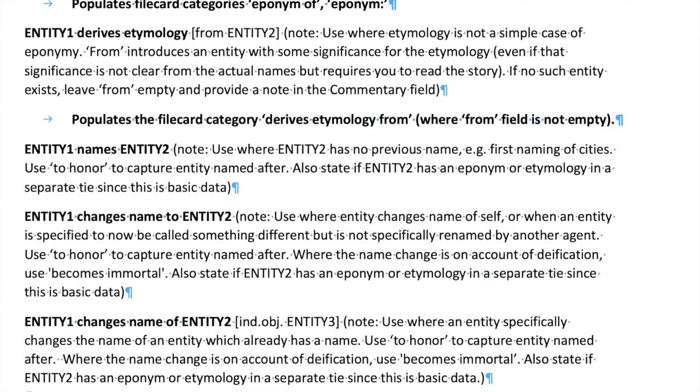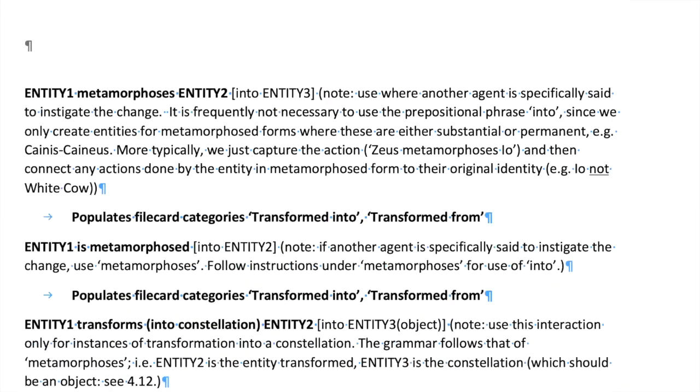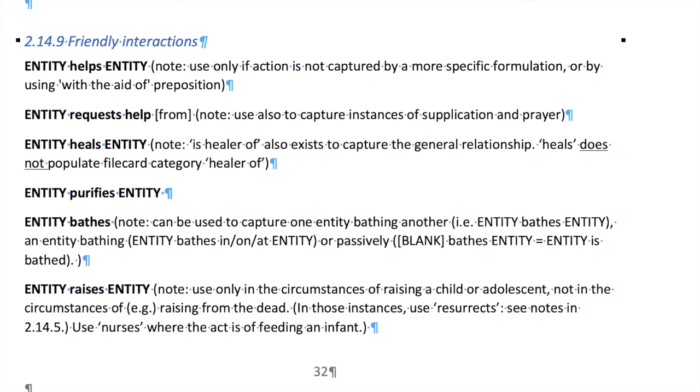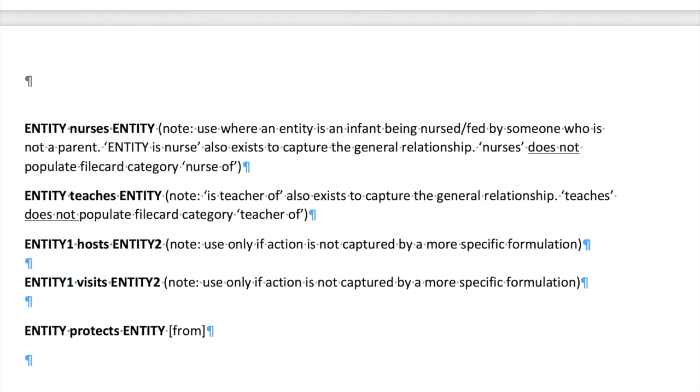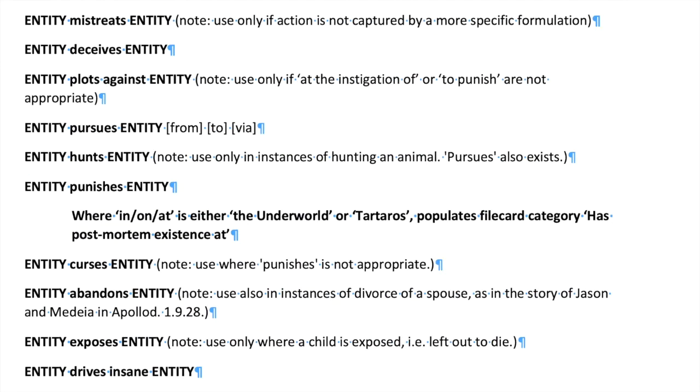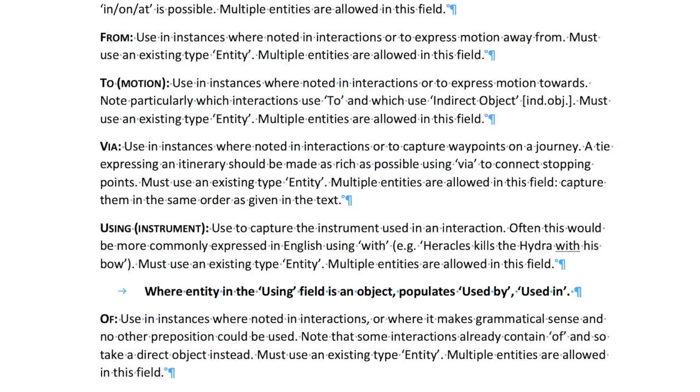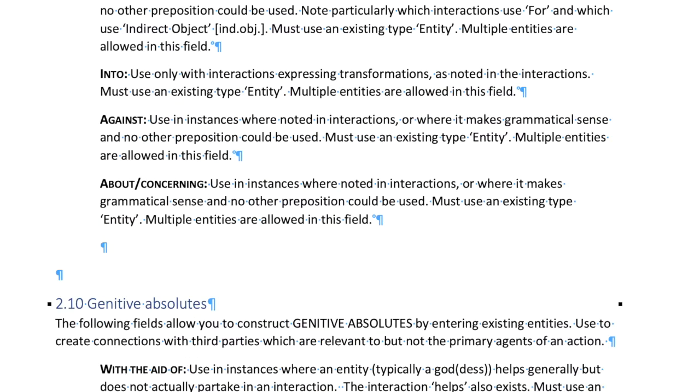As for the predicates that link together the entities, the directors and team of dedicated students have spent 2 years refining the list, and there are currently some 200 individual predicates that helpfully define the kinds of relationships and actions that are typical of the Greek mythical story world. In addition, we have added to the basic triple statement a series of prepositional phrases and other connections that allow agents and objects to be connected together in various ways.